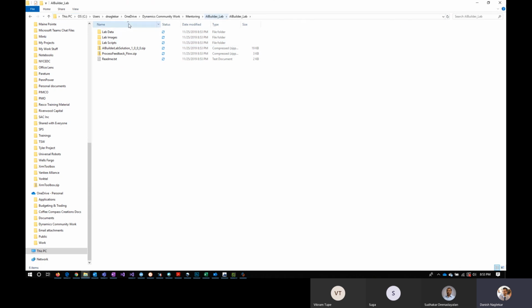So you have this AI Builder lab. In this AI Builder lab, you have AI lab data. So object detection is one of the models, and then text classification. And then if you go back, you have scripts, and then in this you have binary classification. Like these are what it does. Okay, so in form processing, if you open this up,